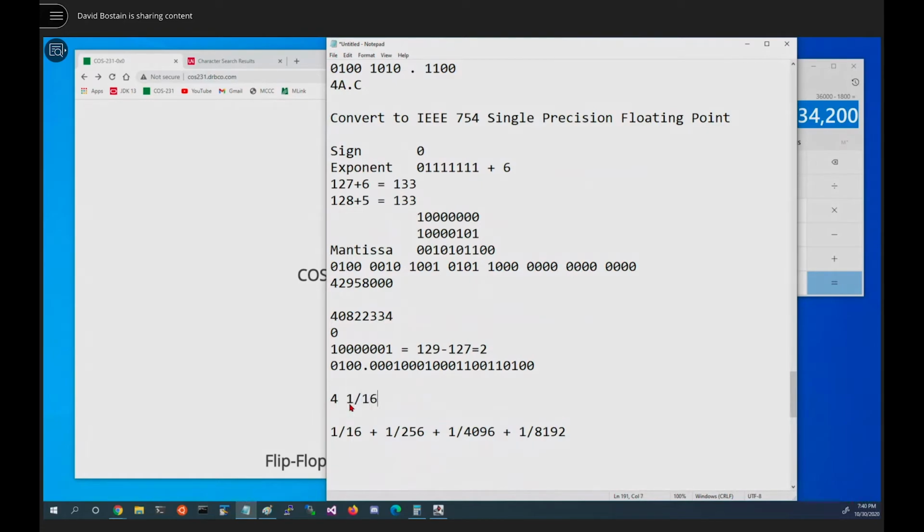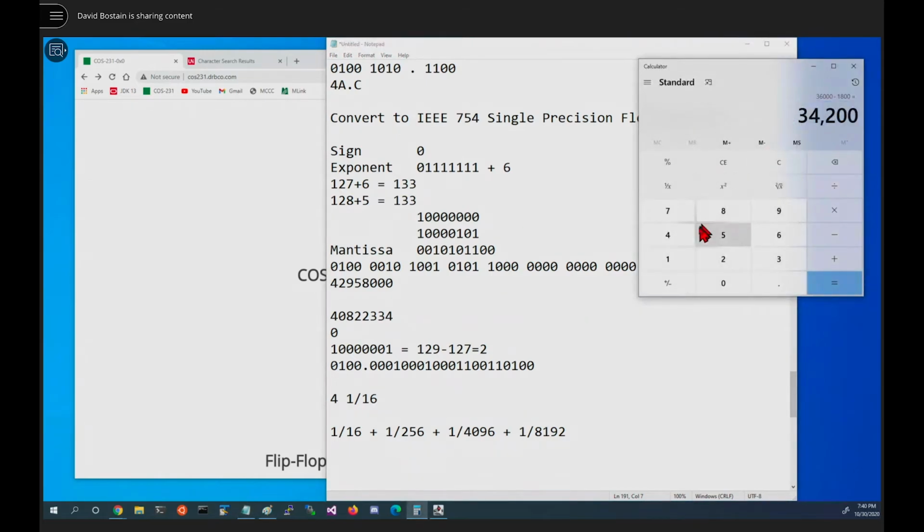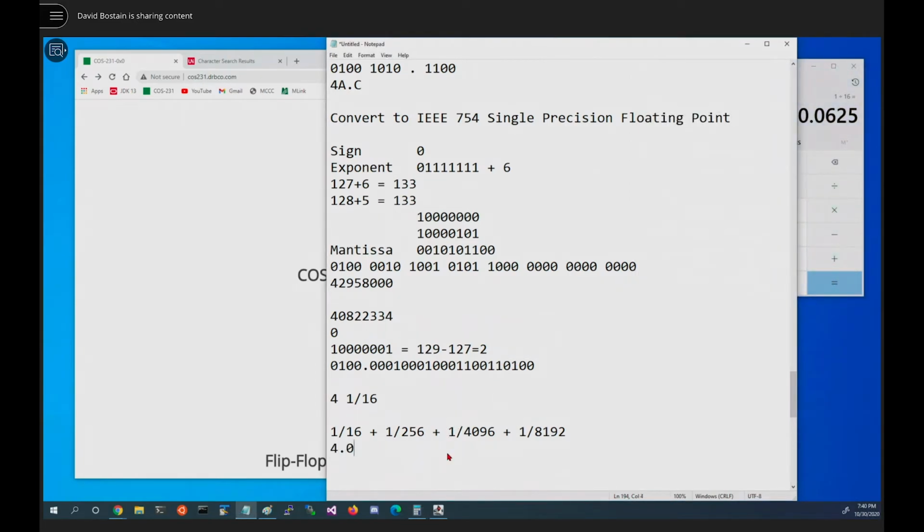So this is approximately 4 1/16. There's some additional stuff out here to make it more precise, but 4 1/16 will do for the example we're working right now. And of course, if we wanted to make it a decimal number, we could just say, well, 1 divided by 16 is equal to 0.0625. So 4.0625. But the teacher told us that we wanted 2 significant digits, so it's really equal to 4.1 when we're done. Yeah, probably on an IEEE number I would not ask you to do that last step. I'd probably have you leave it as it is.